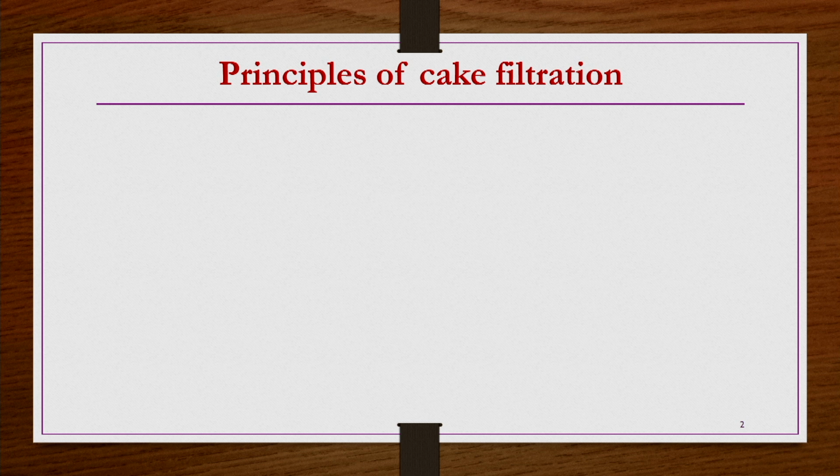So, in cake filtration we have seen there is a kind of filter medium onto which, normal to the surface of the filter medium, the slurry is allowed to pass through. Whatever large amount of coarse particles are there will form a layer of particles, which is known as cake formation. So under such conditions, what are the working principles, those things we are going to develop now.